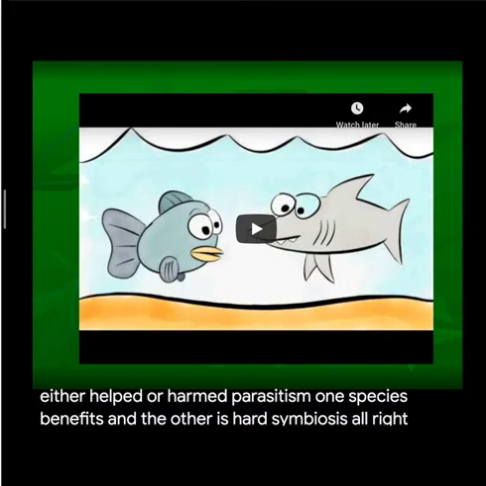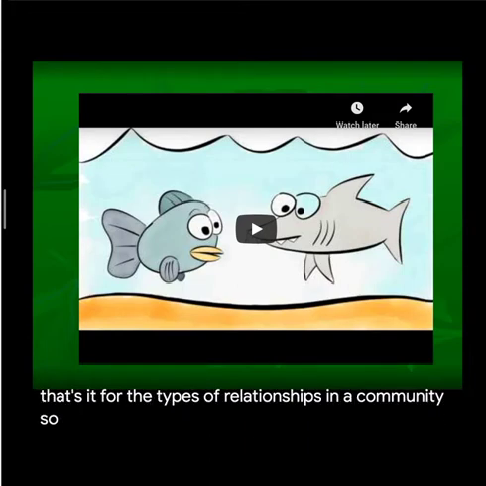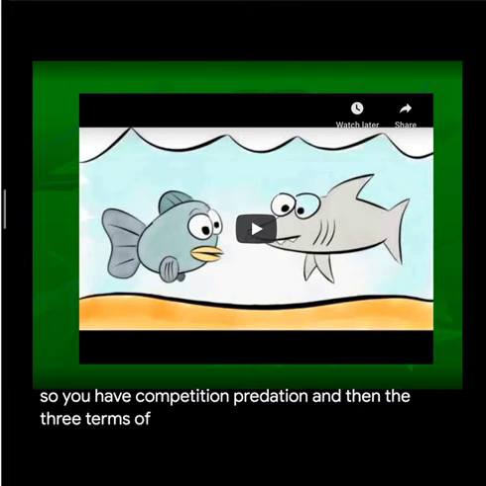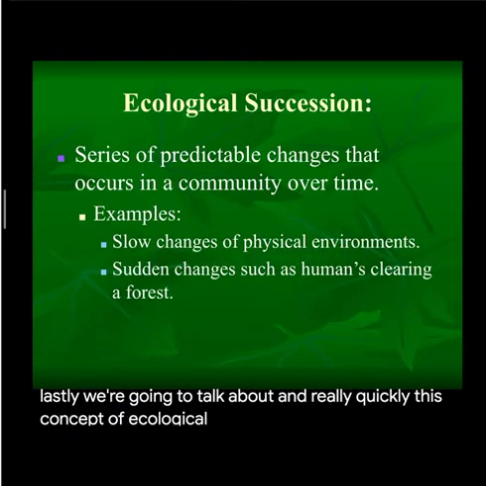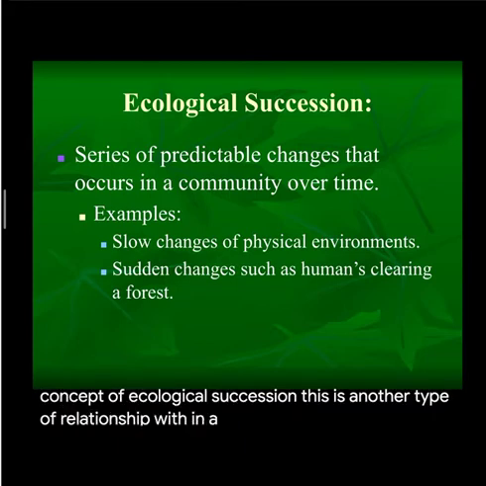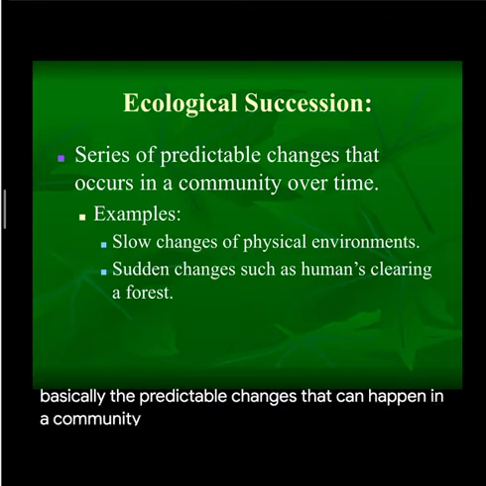All right. Well, that's it for the types of relationships in a community. So you have competition, predation, and then the three terms of symbiosis that you just heard. All right. Lastly, we're going to talk about, really quickly, this concept of ecological succession. This is another type of relationship within a community. And this is basically the predictable changes that can happen in a community. So, for example,